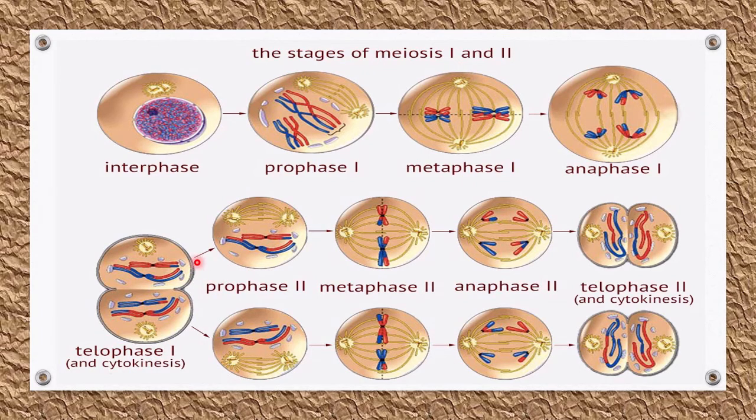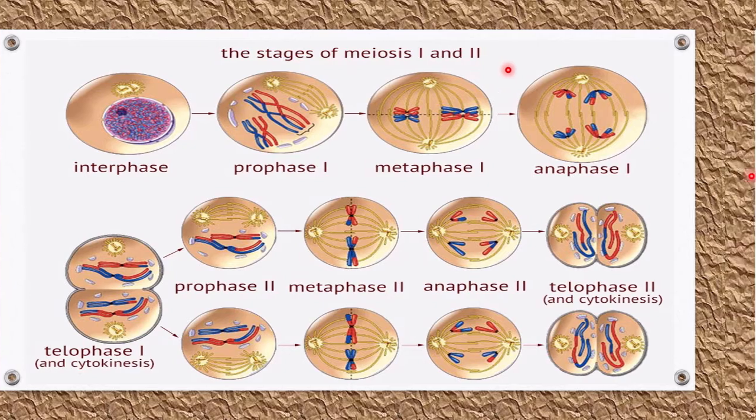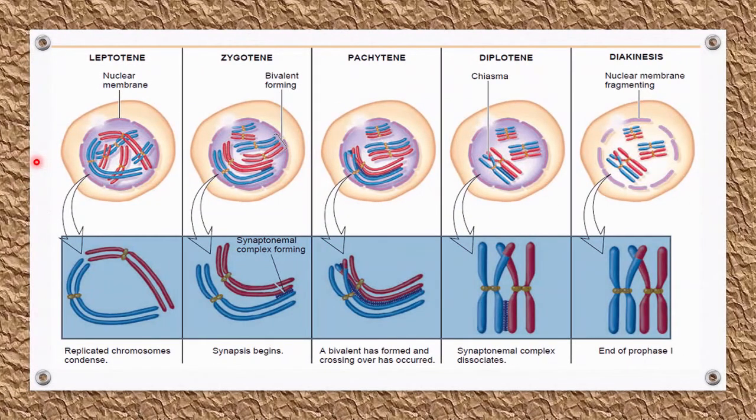So today we are going to discuss metaphase 1, anaphase 1 and telophase 1, and after that it will be carried further by prophase 2, metaphase 2, anaphase 2 and telophase 2. In this way all these stages together will complete the whole process of meiosis, which includes meiosis 1 and meiosis 2.